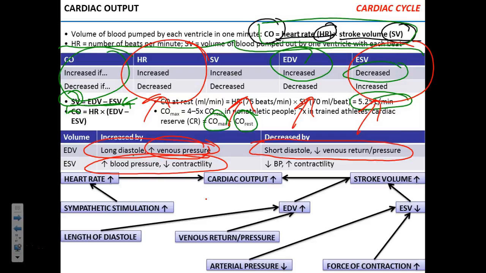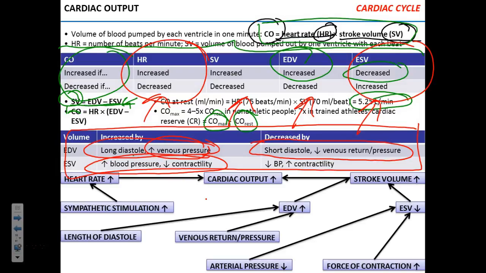Now, let's take this table and use an illustration with two people: a healthy, regular person and a trained elite athlete. So in the normal person, what is the heart rate? 70. The blood pressure? 120 over 80, 120 over 70. Everybody agrees on that? Take the elite athlete. What's going to be the blood pressure?